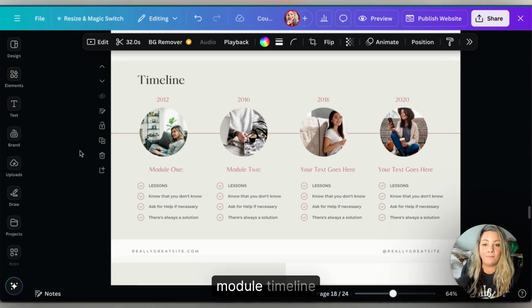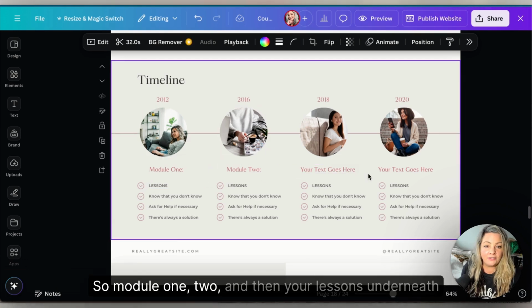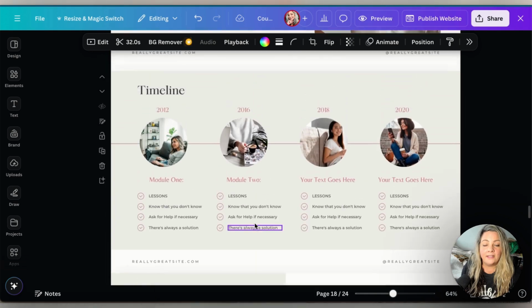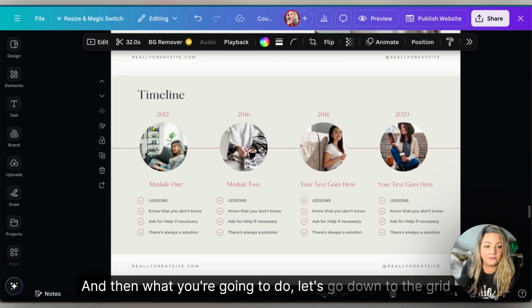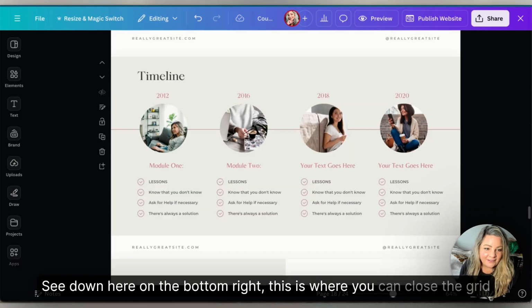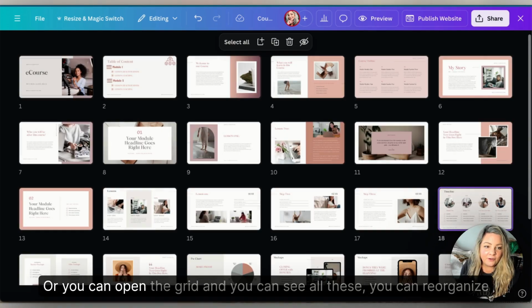I like this module timeline. So module 1, 2, and then your lessons underneath. That's really nice and organized. And then what you're going to do, let's go down to the grid. See down here on the bottom right? This is where you can close the grid and come back, or you can open the grid and you can